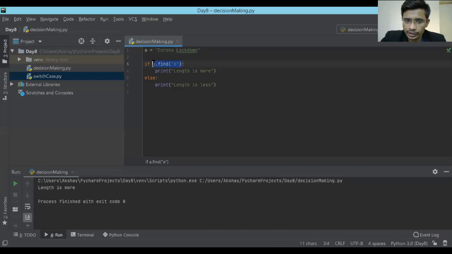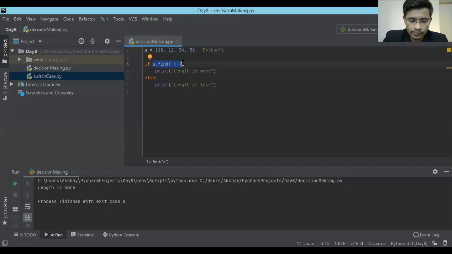So that's why it is executing this condition and it is printing this particular thing. Okay. This is the second type of data which we saw. We saw integer, we saw string. Now let's move forward and check list. So I have 10, then 12, then 34, then 56, then I have a string, Python.